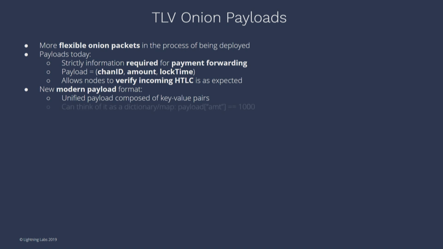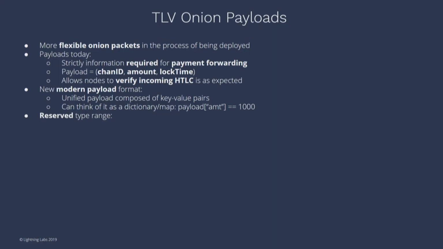So the difference is, like you're saying, TLV stands for type length value, right? For example, in the old payload, the channel ID, amount, and lock time were all serialized in series, right? So you had the amount, then the lock time, then the channel ID itself. But the TLV format is like a serialized map or a dictionary, right? Rather than me saying bytes 5 to 22 hold this particular field, I can instead access the payload as a map. So I can look up the amount inside the map and get 100 out of it.